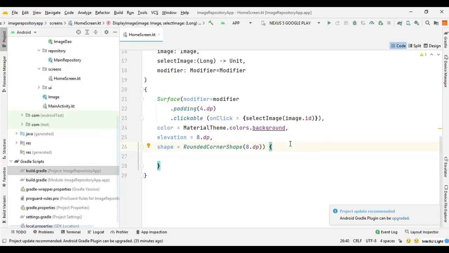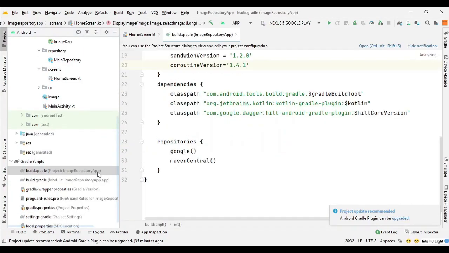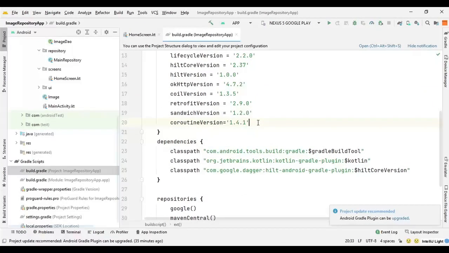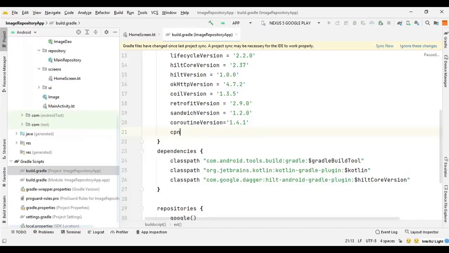So in the project level build Gradle file, we can say here constraint layout version, which is 1.0.0-alpha07, and then we need to sync the project.